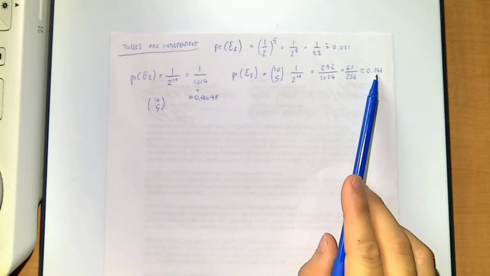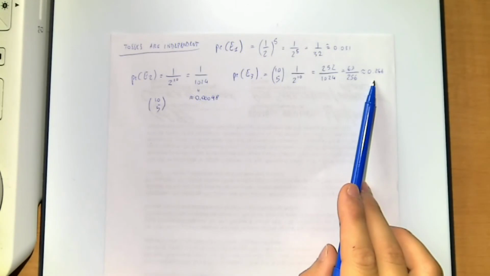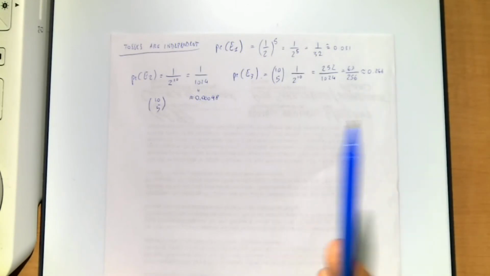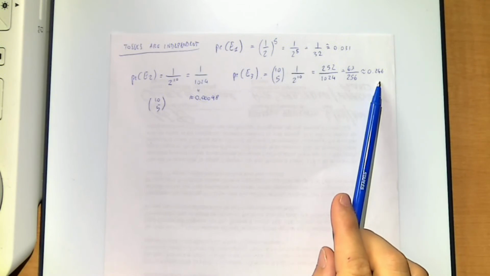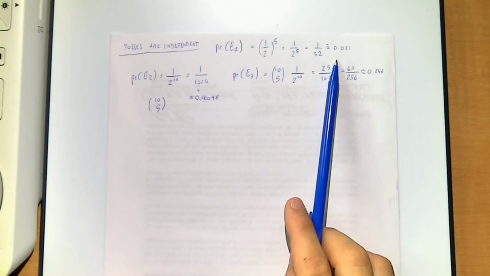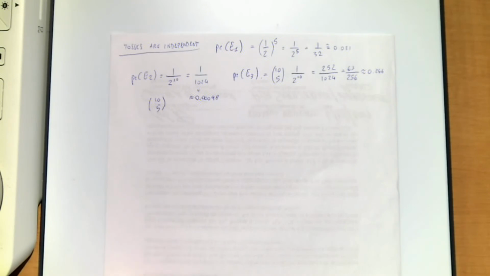So if you compare this with this and this, you can see how this is much more likely. If you just want 5 heads in any position, then in fact 0.24 is a 25% chance of actually getting that. So it's a lot more than if you want your 5 heads in the first straight 5, or if you want them in your first straight 5 and then you just want tails after that.